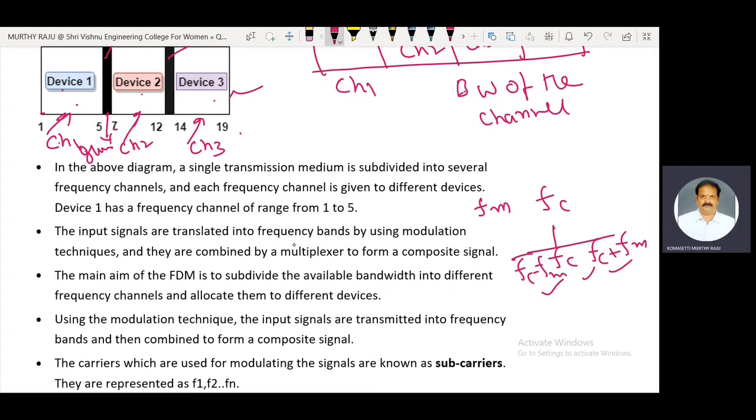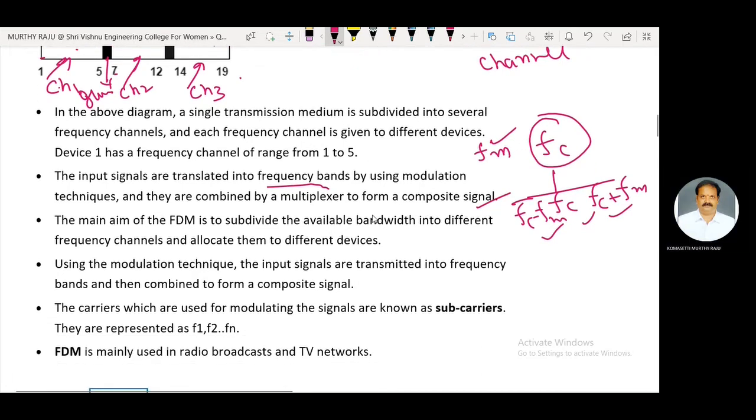The input signals are translated into frequency bands by using modulation techniques, which also use a carrier frequency, and different signals are used here. All these signals are modulated, and then they are combined by a multiplexer to form a composite signal. The main aim of FDM is to subdivide the available bandwidth into different frequency channels